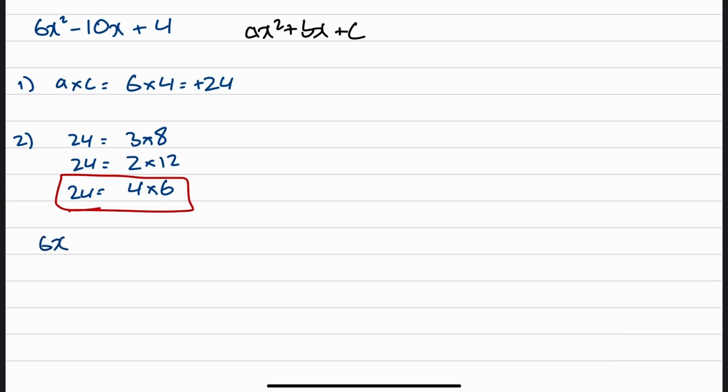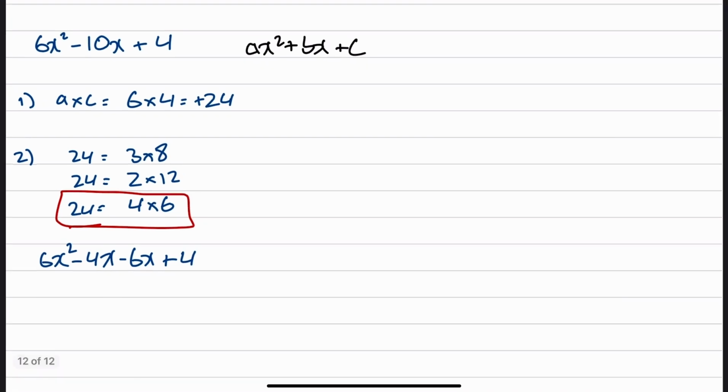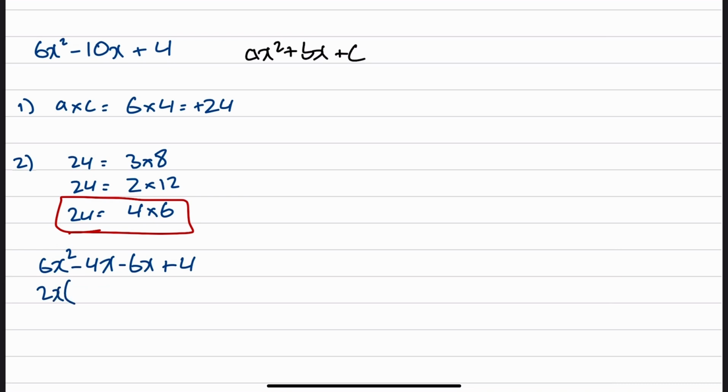So 6x squared minus 4x minus 6x plus 4, and now we just factorize out our common terms. So what do 6x squared and minus 4x have in common? They have 2x in common. So 2x factorized out, 3x minus 2 stays in the bracket, and what minus 6x and plus 4 have in common is minus 2. So we're left with